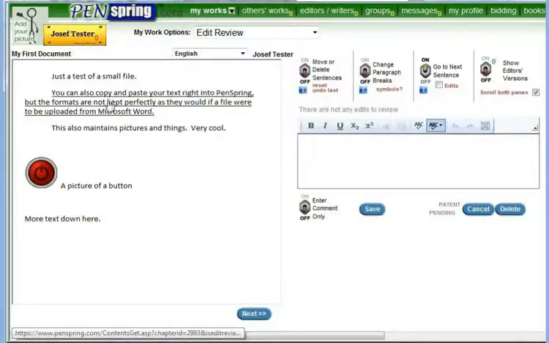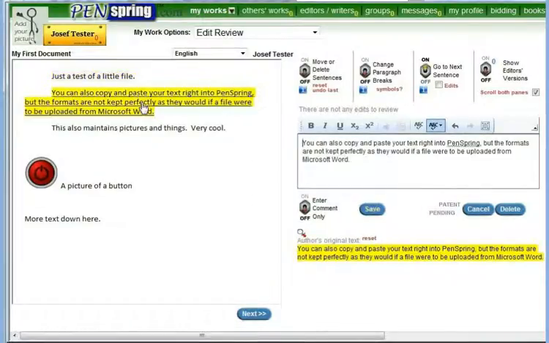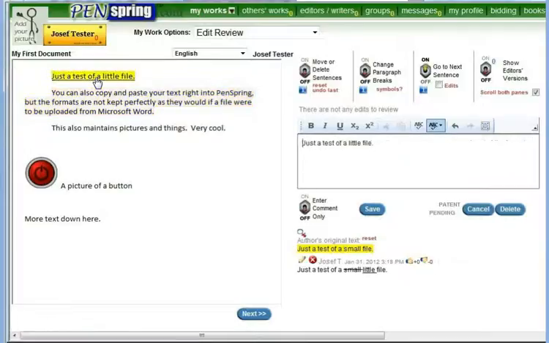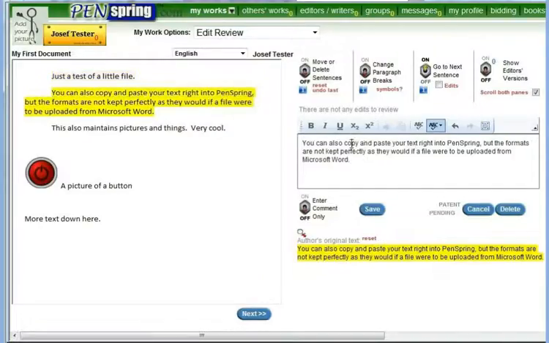Now notice, on the left, we won't be doing our editing here. We will click on a sentence, which then takes that sentence to the middle box, which we can then edit. We just replaced small with little. Notice up above on the top right that has the Go to Next Sentence switch on. That means when you click on Save, it'll automatically go to the next sentence. So that, coupled with a shortcut key, you can edit without the mouse. If you hold Control and hit the Enter key, that'll be just as if you had clicked on the Save button. So you can go from one sentence to the next sentence to the next sentence, making changes if you want to,